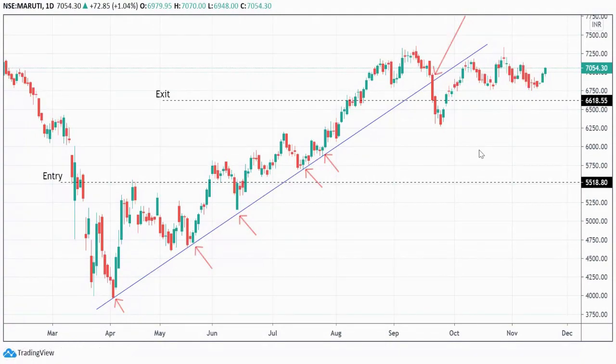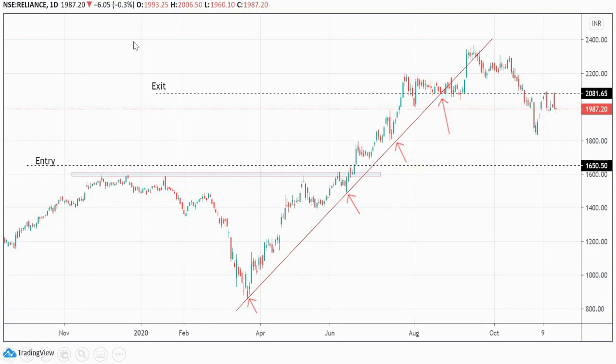Let's see some more examples. This is a chart of Reliance. Here we will combine demand zone and trend line. Let us try to understand. We had discussed in the earlier videos that this area was a stiff resistance for Reliance, and you can also see once this area was broken, what the move was like. So here the entry should have been on this candle because we have two touch points on the trend line, and then the demand zone or the previous supply zone is broken here.